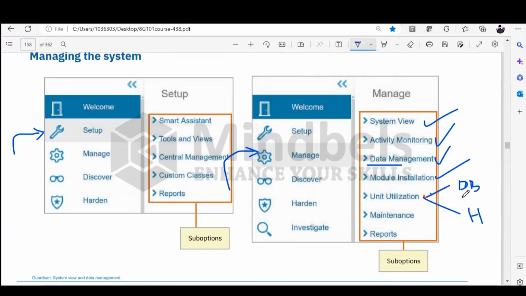So when can database utilization be high? The answer is when the collector is getting too much traffic, at that time Guardium's internal database usage is very high. And when the hard disk usage is